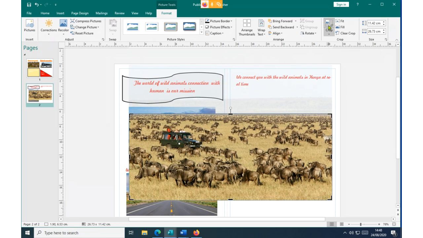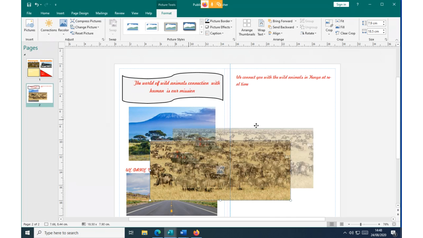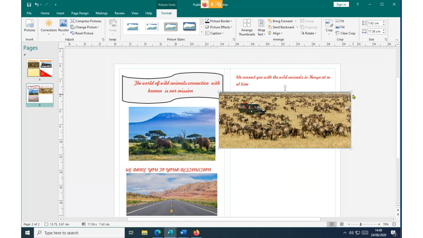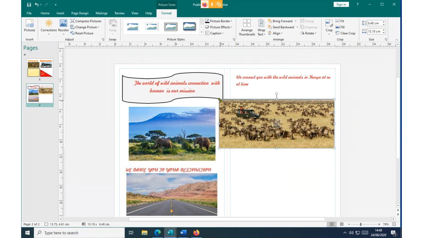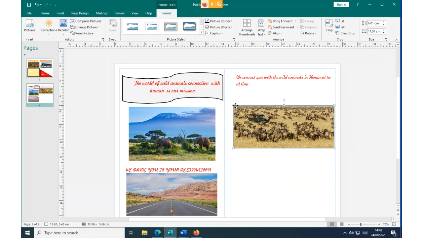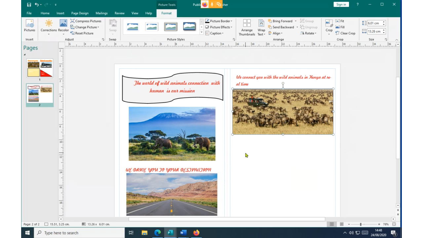And then again, if you want to remove the crop effect from the picture, you click on the crop again, the effect will go. Then you try now to reduce it to the proportional level that can actually fit your page column like that. And then again, you move it like that. And then again, you proportionally place it somewhere there in a very nice way. You can see we are doing very well on this design.